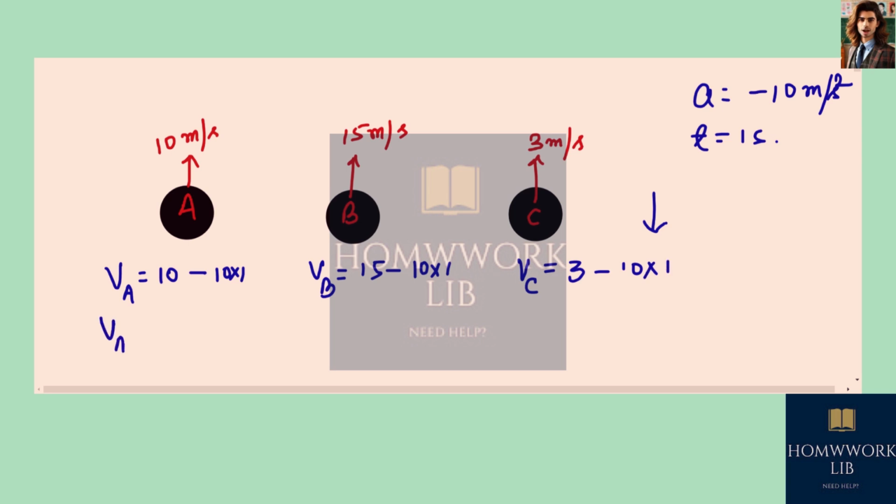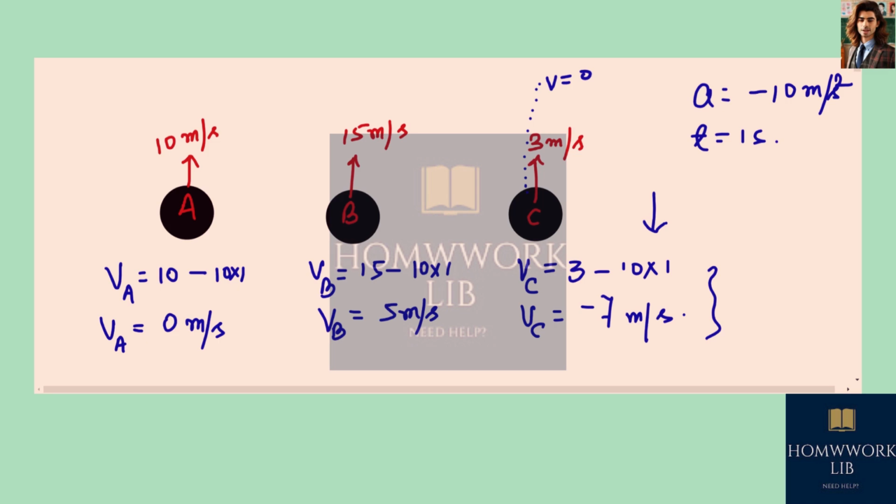So that will give us vA as 0 meters per second, vB will come out to be 5 meters per second, and vC will come out to be 3 minus 10, that is minus 7 meters per second. Observing this third case, we can see that at the maximum point, the final velocity is 0. So after 1 second, we are seeing its speed to be minus 7 meters per second, and that's not right, because